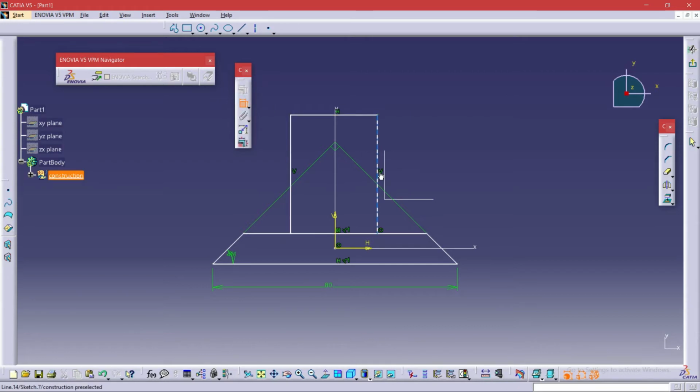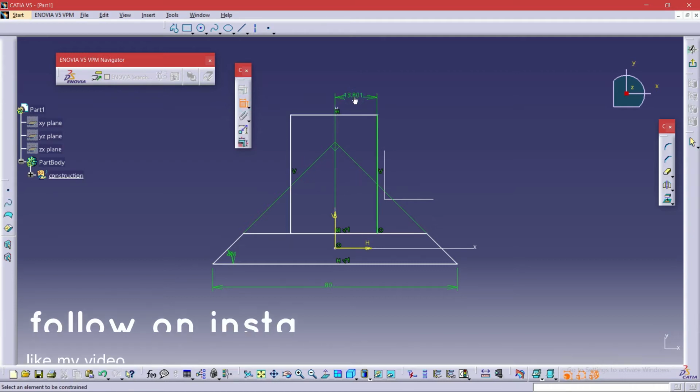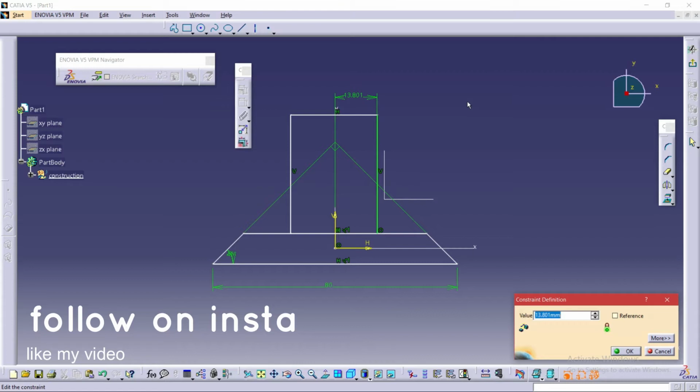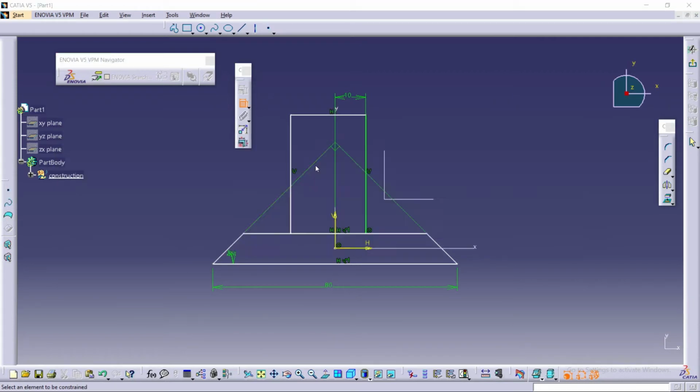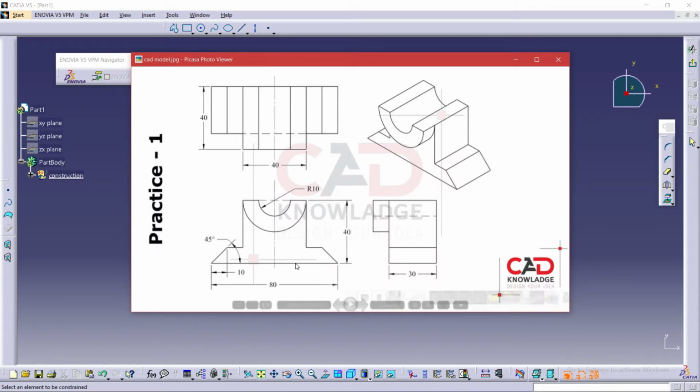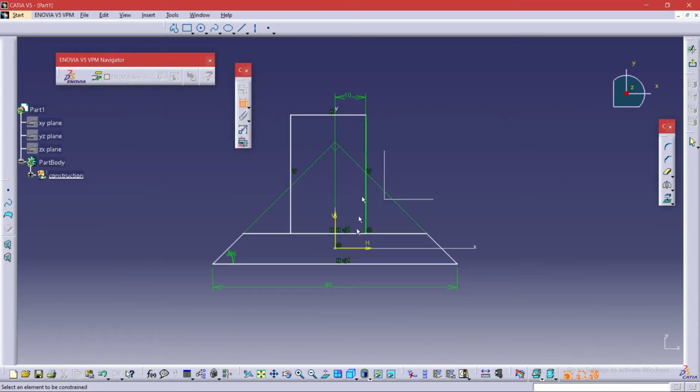This rectangle section is now going to get extruded. The extrude command in surface is a little bit different, as you will see later when I finish all the sketch. I need to make sure that all the things are symmetrical to each other so that there should not be any deviation. Sometimes you need to refer to the drawing very frequently so as to get the feel of it. I must warn you that it is totally different from part modeling.